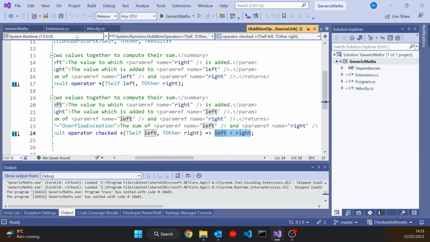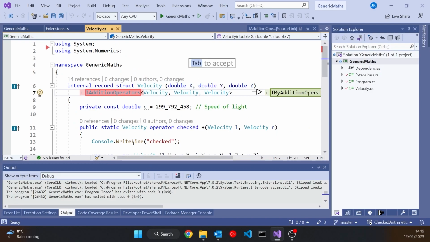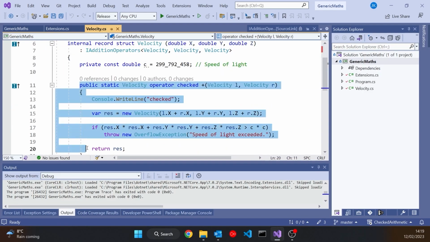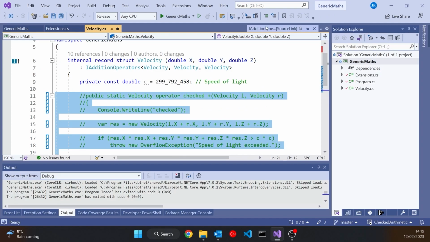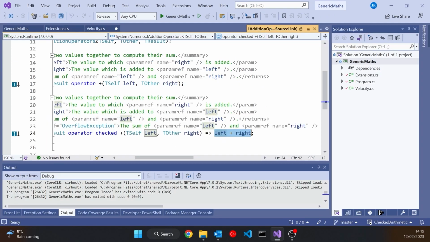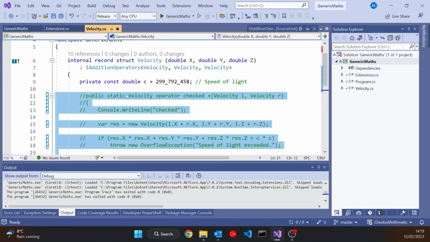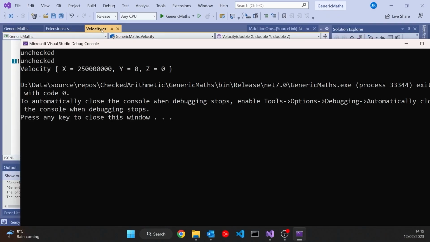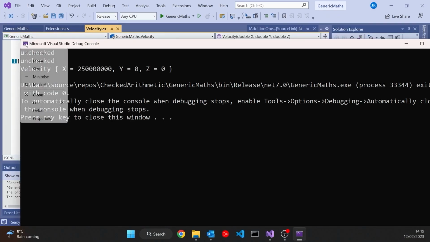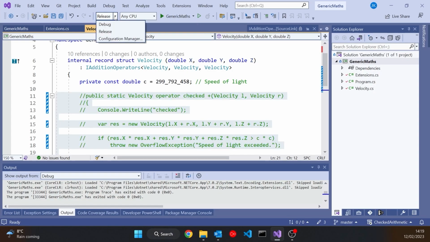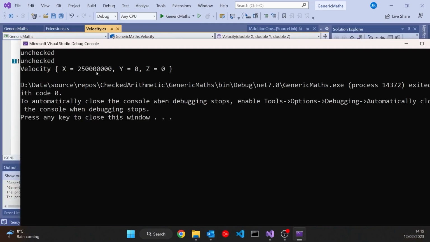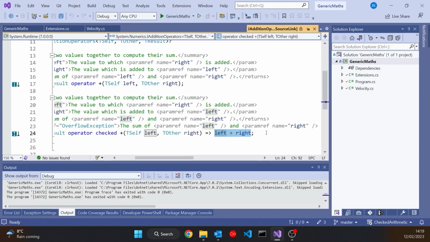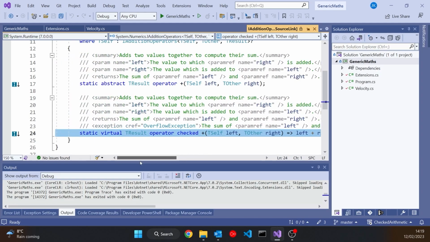And so that means that in my Velocity, if I miss off the checked version, so let's comment that out, then it will go to the checked version in the base class, call the unchecked version, and so in my class, the unchecked version will be called in both cases. And again, we can demonstrate that because if I run generic maths, we can see at the moment it's a release build, so we'd expect to get unchecked anyway, but even if I switch to the debug build, we're still getting the unchecked version, and that's because it goes through that virtual implementation that we've got down there.